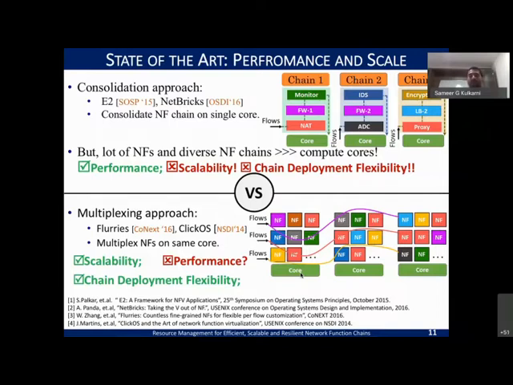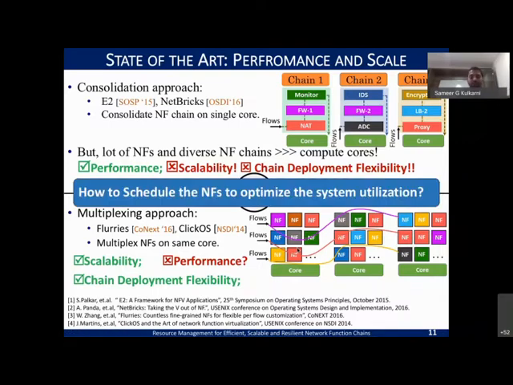So this is where our first work that I did starts, and we try to see how, when you are speaking about these, basically you are multiplexing, and when you are multiplexing, you are at the mercy of the scheduler to schedule these different network functions on your server machine, right? So the question then is how to schedule these network functions so that you can improve utilization as well as the performance of these network functions overall.